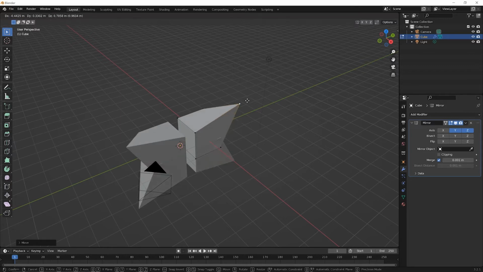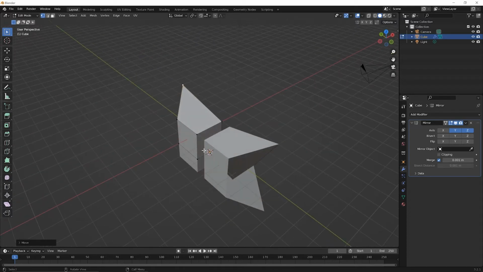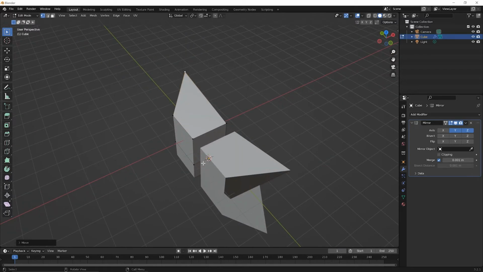Press G for grab, and now notice that we are moving those vertices and they're mirroring in two directions now. So in this case, enabling two axes allows us to only model 1/4 of the object and then have the rest work out. Now if you orbit around, and let's make sure that we move this 3D cursor out here a bit. So go ahead and hold Shift and right click out here a bit just so that it's far